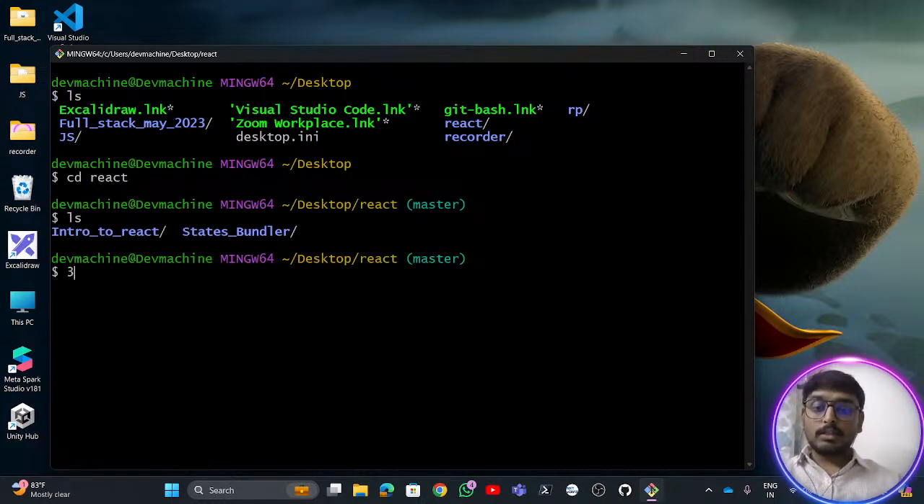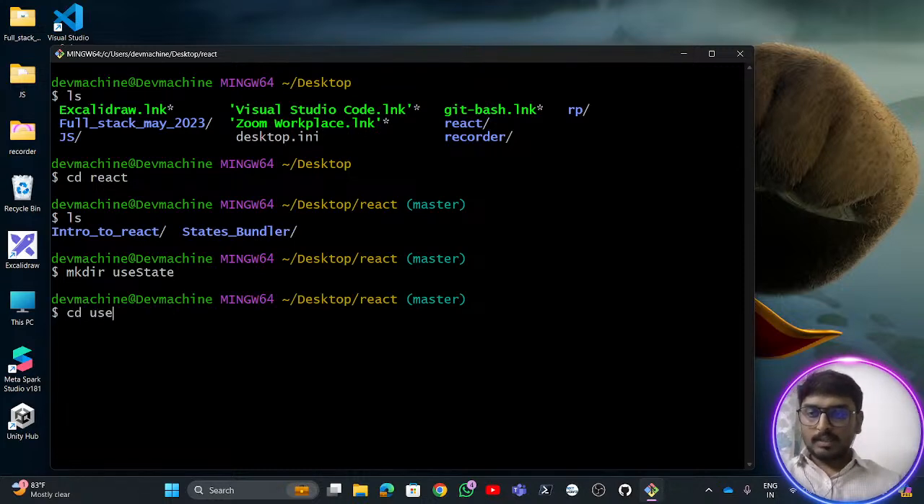Now, today the third session, so I'll create one file for today's session, in which we are going to learn about a to-do application. I think useState. To be more precise, you'll see about useState and also refactoring the code. So yeah, cd useState,